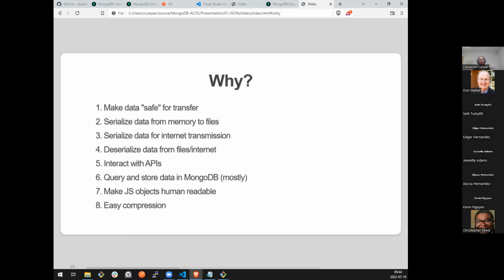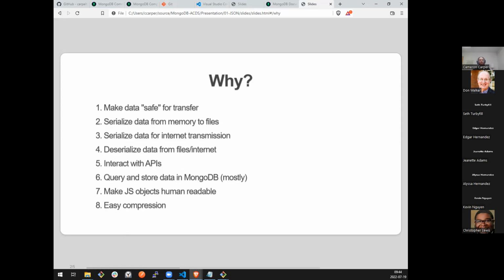It's also commonly used to interact with APIs. I haven't seen any hard numbers, but I would wager that the vast majority of API interactions on the internet and internal to companies is done with JSON. SOAP and XML are still around, but they've been losing market share every year from what I've seen. So a very large chunk of the internet is already speaking JSON, so we're just integrating with that and we can take advantage of it.